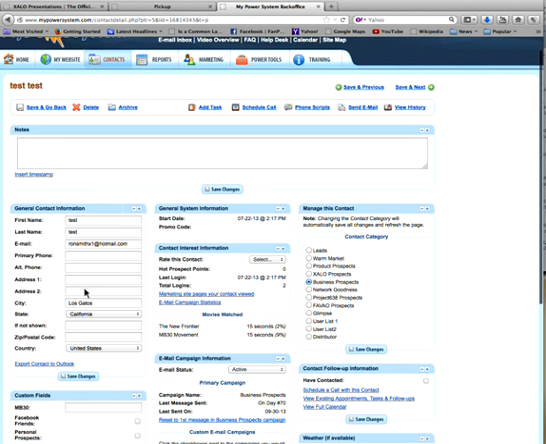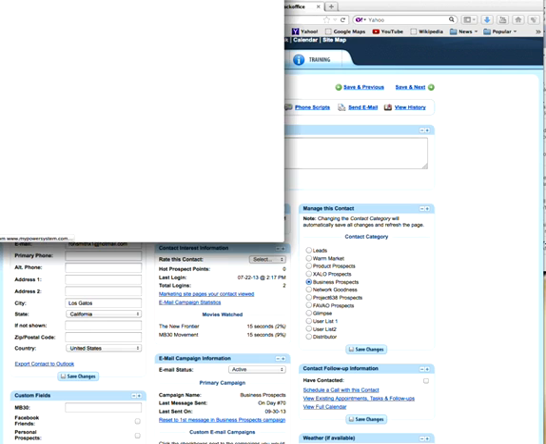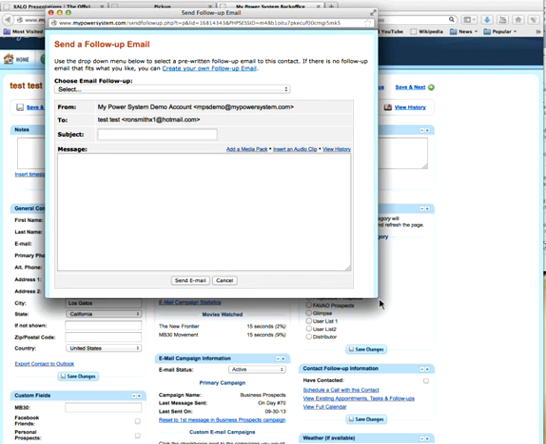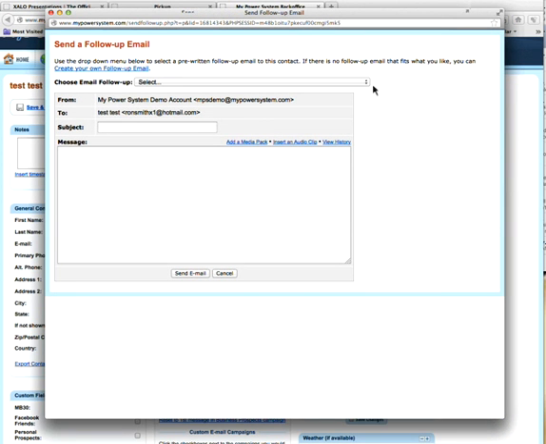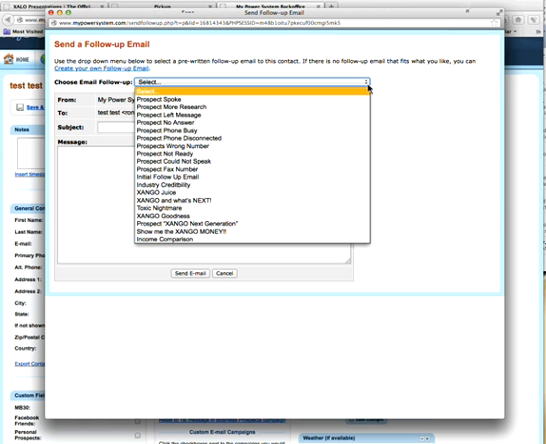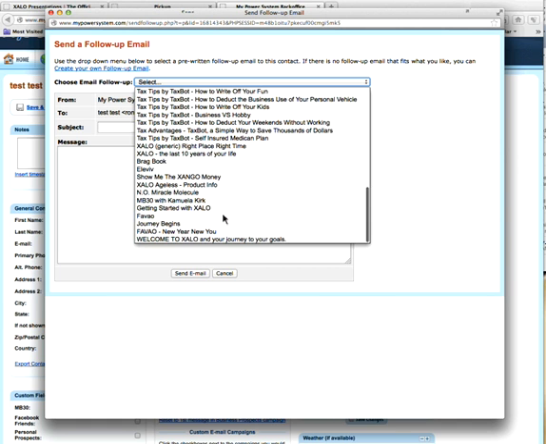But in here, when you pull up your contact, you can click Send an Email, and it brings up a little drop-down box with the pre-written emails. So income comparison, show me the money for XANGO side if people want to know about the XANGO compensation plan, or whatever it is. And so you find these are all the system created emails that you have access to, even at the $20 level.